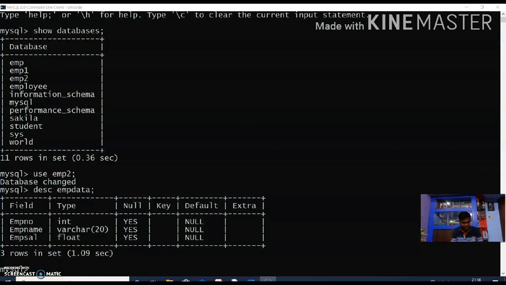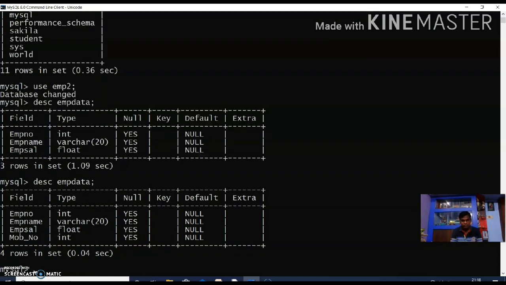When you write DESC table name emp data semicolon, previously there were 3 rows: emp number, emp name, emp salary. Now there are 4 rows: emp number, emp name, emp salary and the mobile number is added in the emp data table.